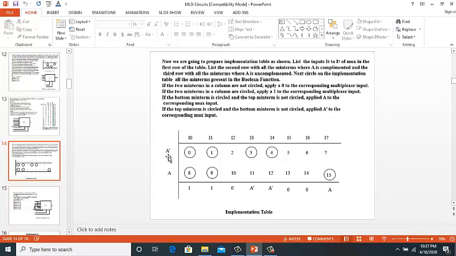So against A bar we write 0, 1, 2, 3 up to 7.